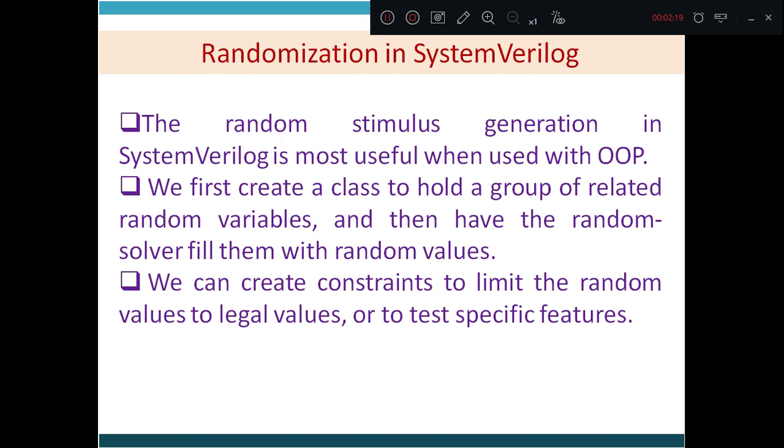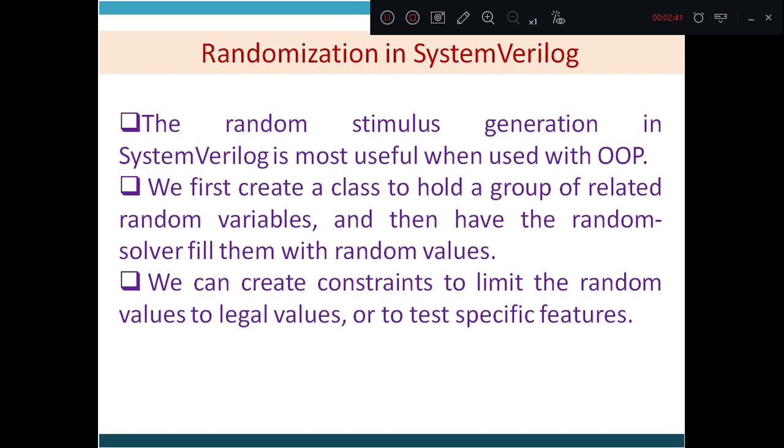We can create constraints to limit the random values to legal values or to test specific features. Constraint in the sense, we can put a constraint that this value has to be between 10 and 50.